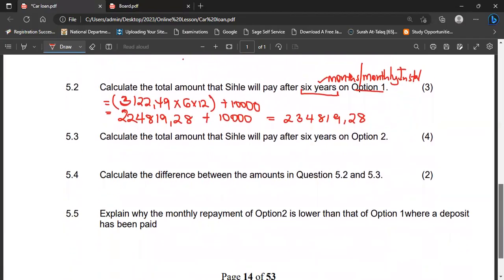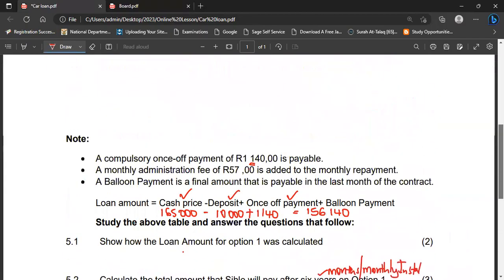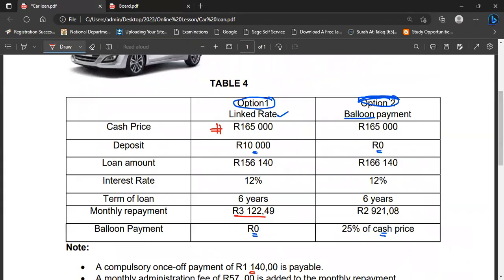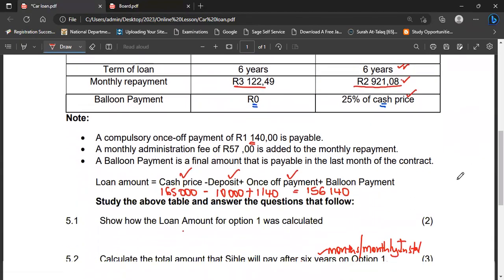Calculate the total amount that they will pay in option 2. So in option 2, these are the things it's going to pay for. Interest, don't mind about the interest. Why? It's already in the monthly. How long is the loan? 6 years. This is our interest. And here's the balloon also. Remember, he never had any deposit. So we shall come down and say,